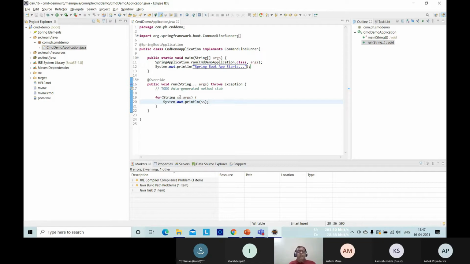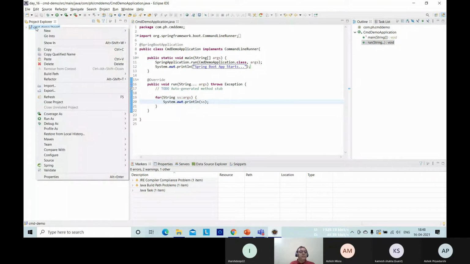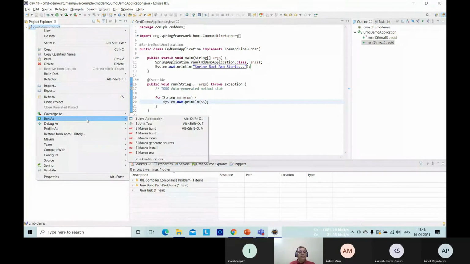Now before running, we are running by using this IDE. We are not directly typing on CMD, where we could type those argument parameters. So how are these command line parameters passed? For that, you have to click on your project and right click. The project name is CMD demo. This is the project name. Do the right click. Here we have Run As. Go to Run Configurations. This we have also used yesterday.